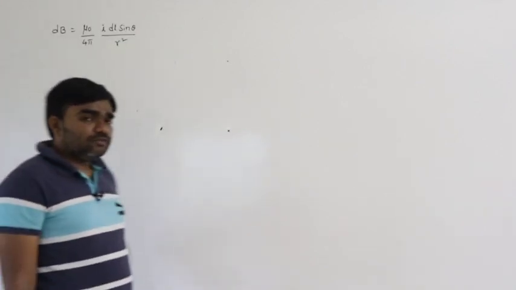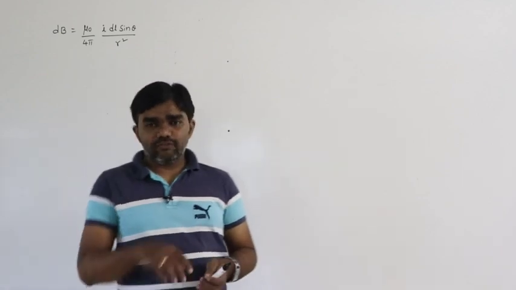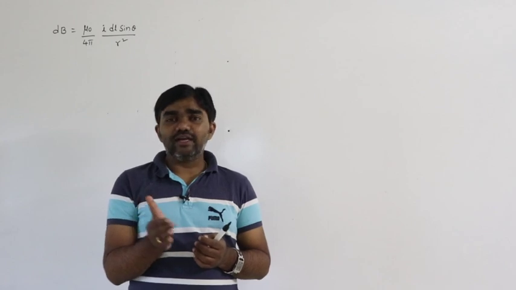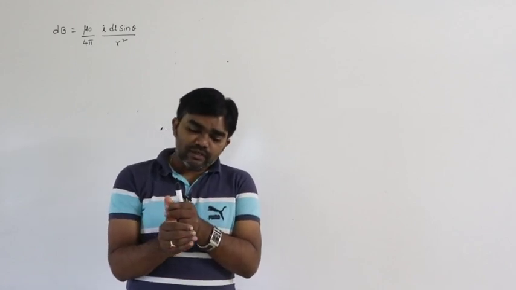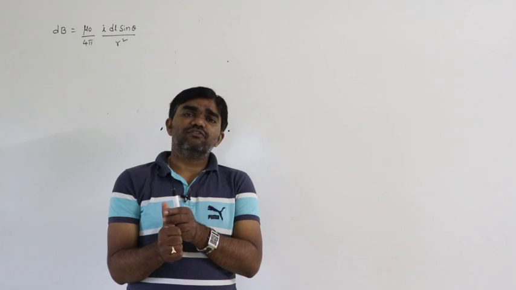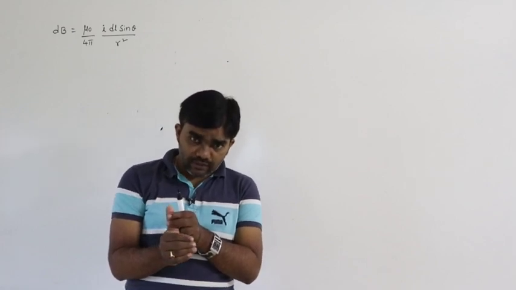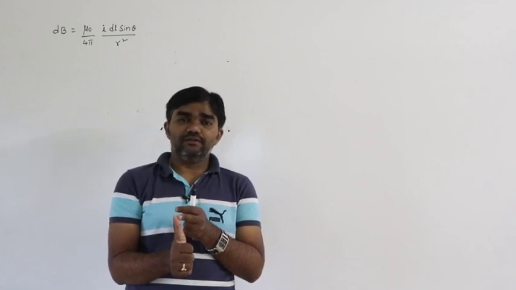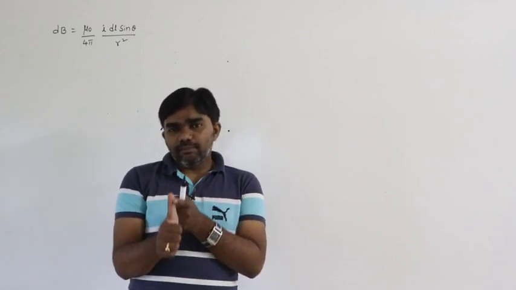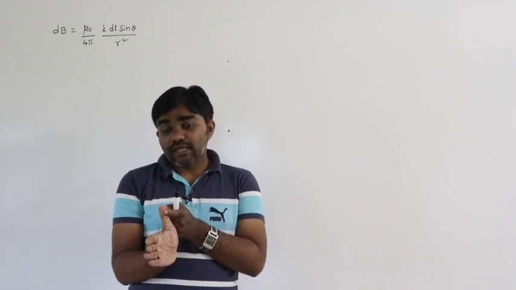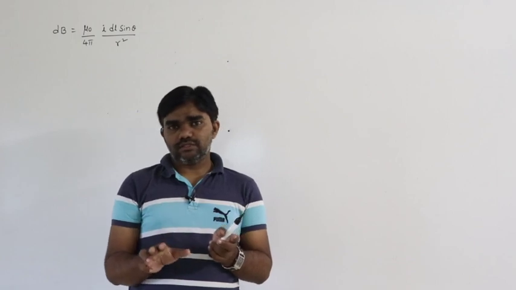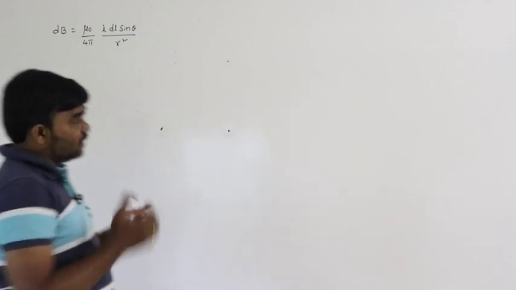So what is the direction of the magnetic field? That can be defined by the right hand thumb rule. If the curling of the fingers indicates the direction of the flow of current, the thumb indicates the direction of the magnetic field. Or if the thumb indicates the direction of the current, the curling of the fingers indicates the direction of the magnetic field. So both are correct. Now based on this, we can discuss